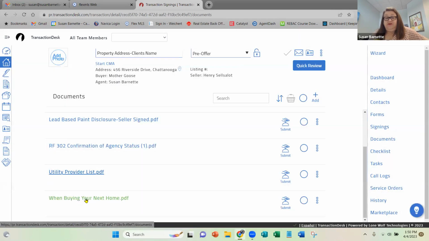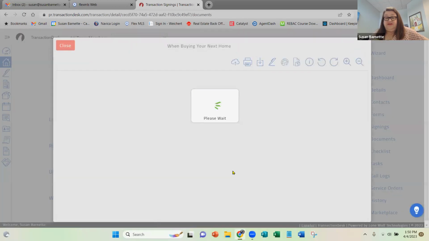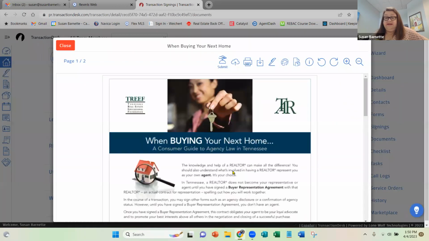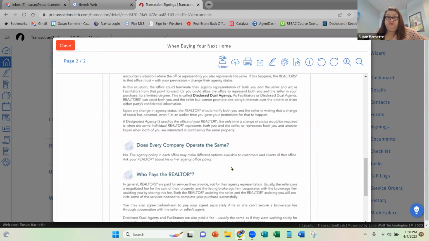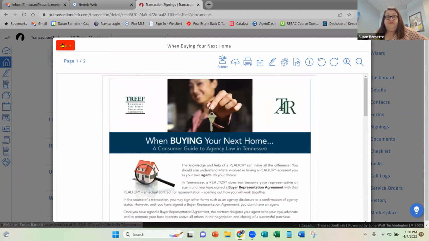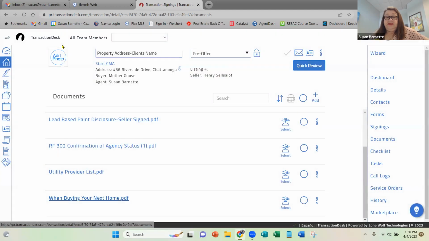And then when buying your next home is an agency brochure, and these are automatically loaded into your transactions. This is a Tennessee Realtors agency brochure. If you are struggling trying to figure out Tennessee Realtors agency, you may need to read through this yourself, okay? But it is another one of the cover your anatomy things. So if you send this over to your buyers, you can have them sign off on it, and that helps